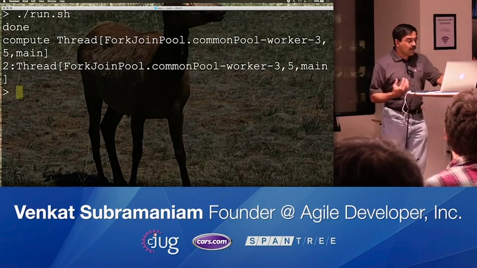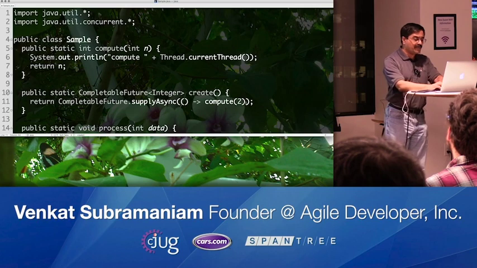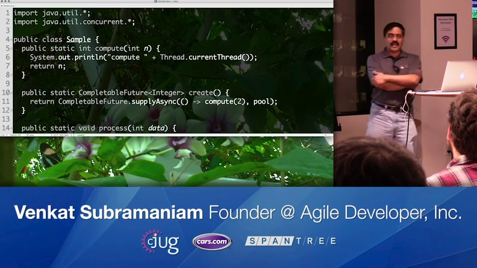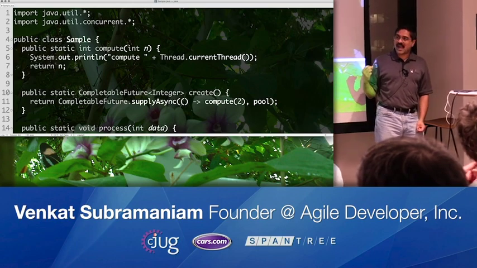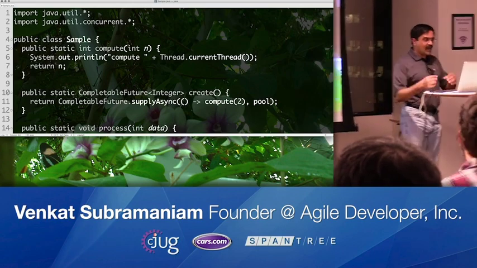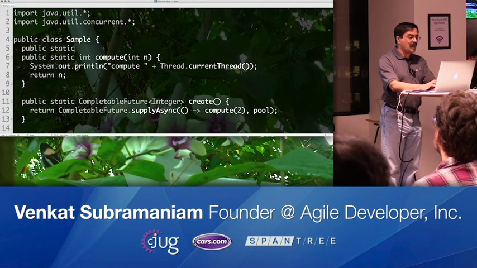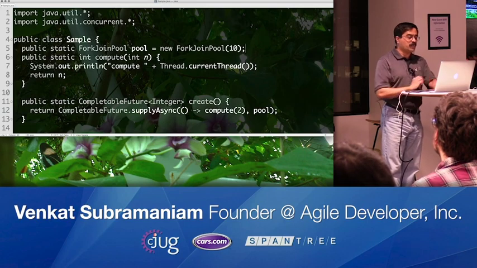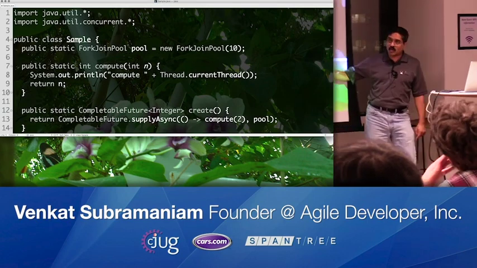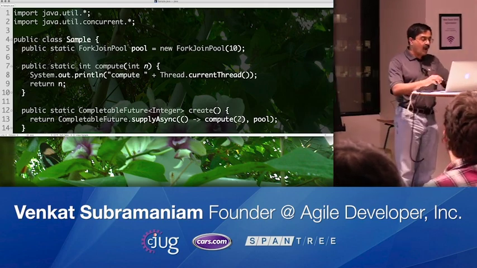What can you do? Well, one thing you can do here is when you create your CompletableFuture, you could provide a pool here as a parameter. And if you give a pool as a parameter, then the execution happens in that pool. Don't take the code I'm providing here literally, but just to give you an example, I'm going to say public static ForkJoinPool pool, and I'm going to say pool is equal to new ForkJoinPool. Let's go ahead and create a pool here. And in general, you'd have to do more work to create the pool and to make sure it's destroyed properly. I'm not focusing my effort on that right now.